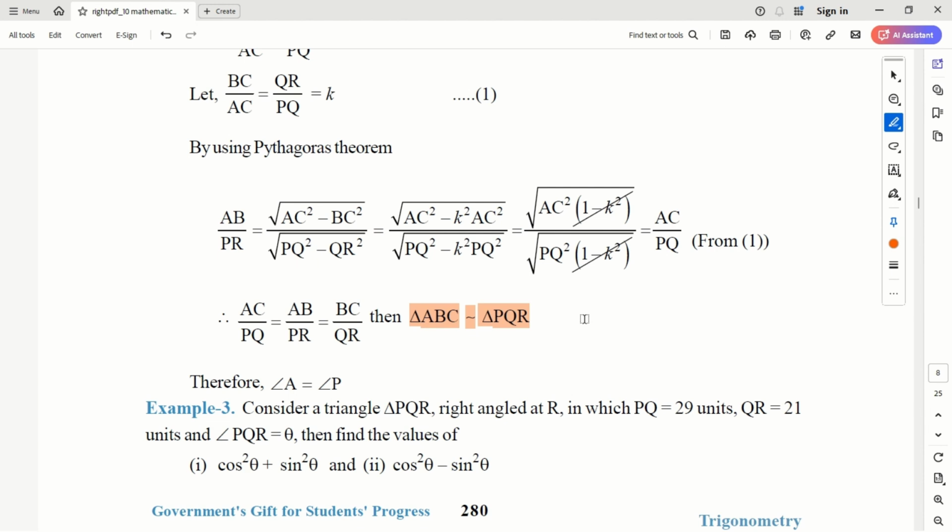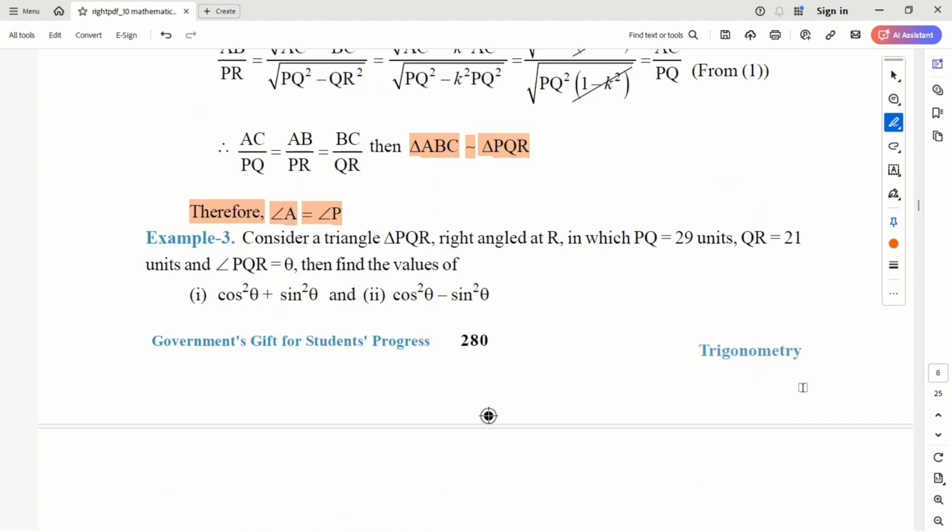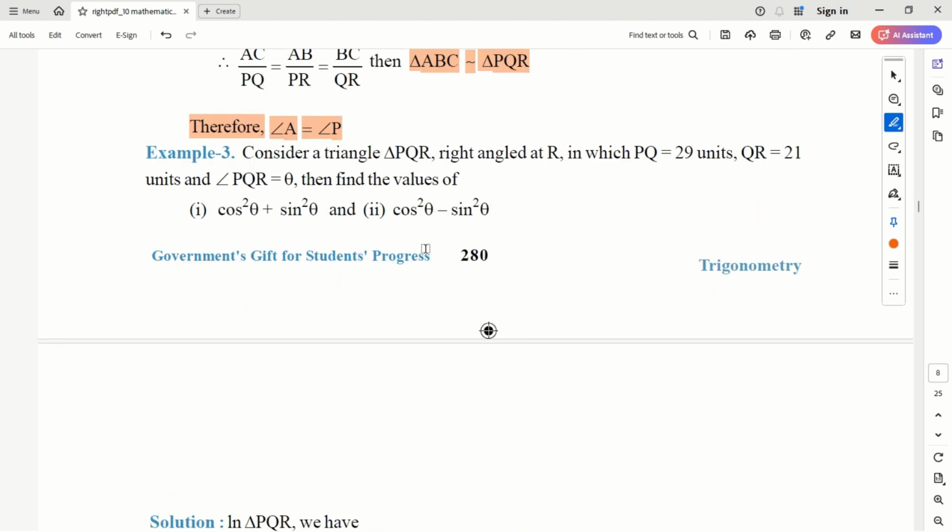These two are similar triangles, which means angle A is equal to angle P from the similar triangles principle. All three angles will be equal actually. Corresponding angles will be equal. C will be equal to Q, R will be equal to B. So this is how we can prove it. Now,